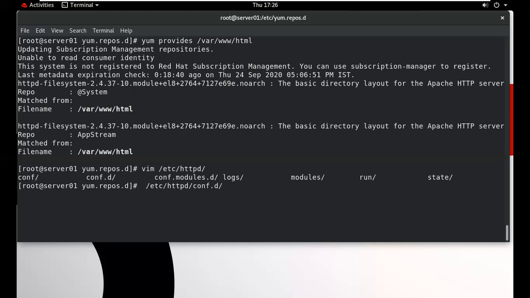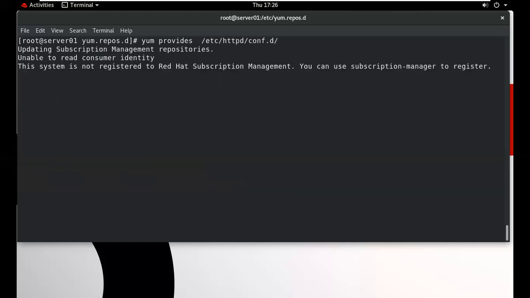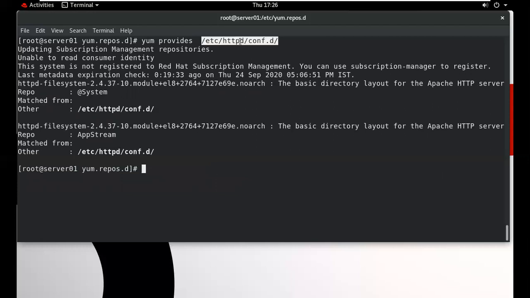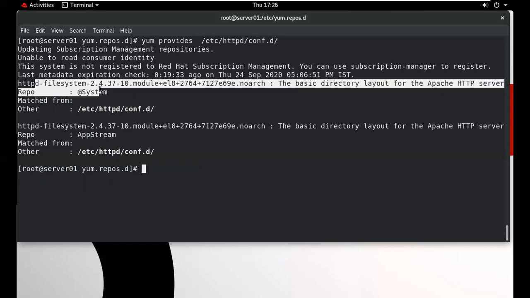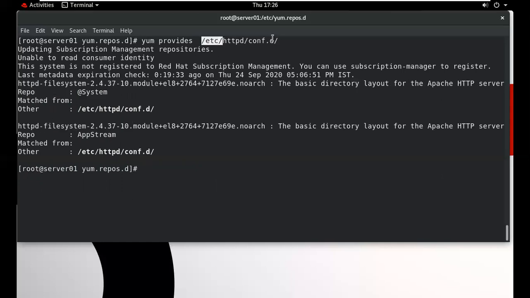So we use yum here and provides. So this is my file path. This file path is provided by which package? This is your package. This package provides this particular file path. So we can check the package name of this particular specified path by using this particular utility.